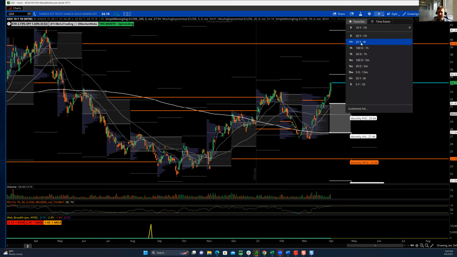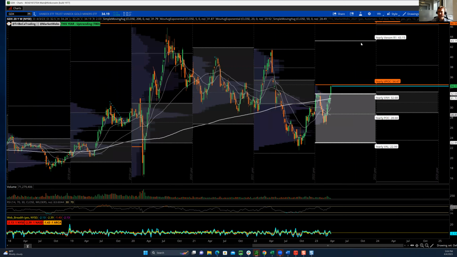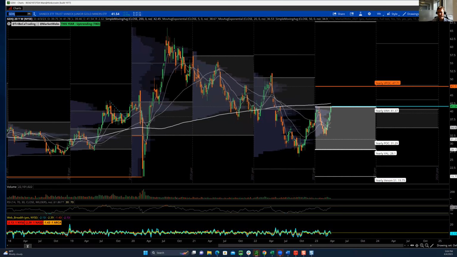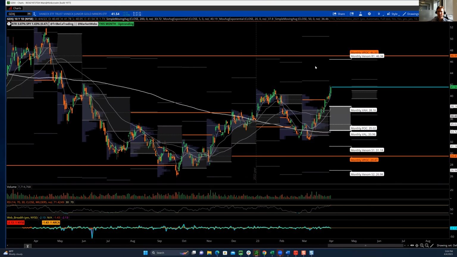Looking at the weekly chart, just to see if there's any resistance here. We're going to be coming upon this 3447 resistance, so I would keep an eye on that. GDXJ also at some resistance, but we'll see if this can push through. That would be 4137. We did close above there, but the week's not over.